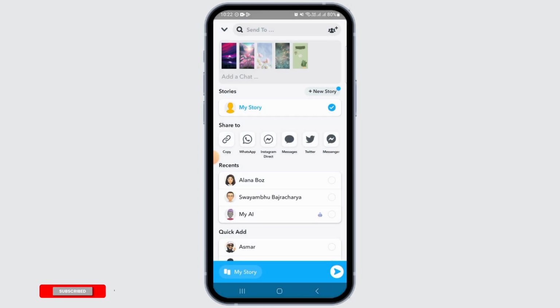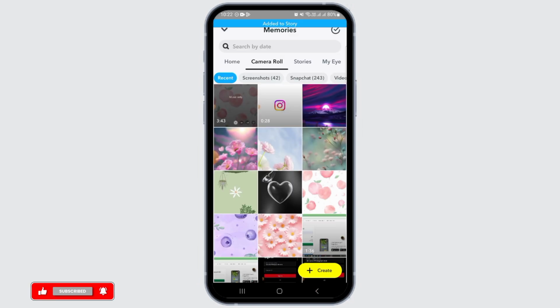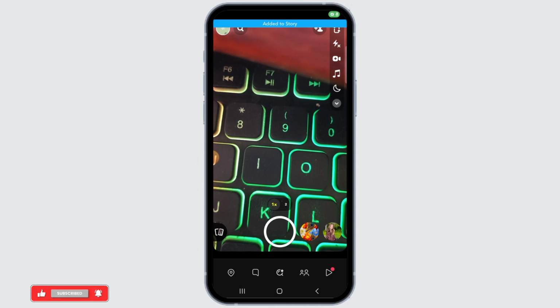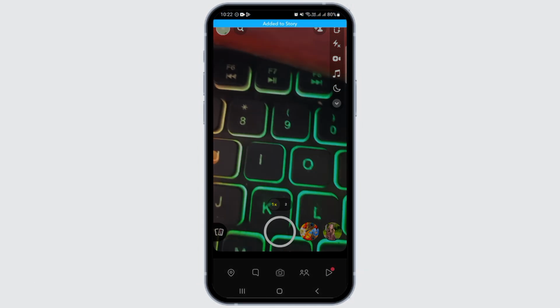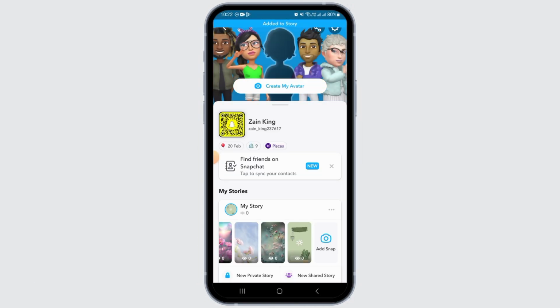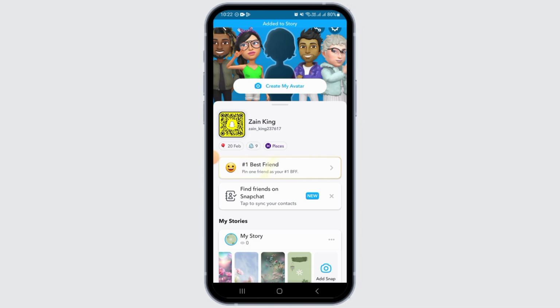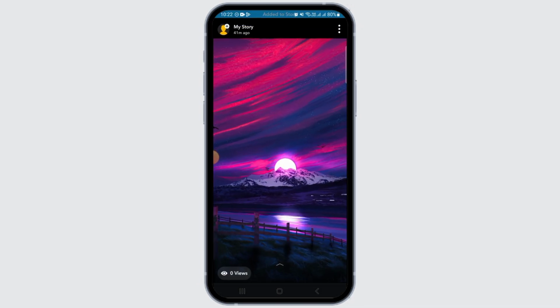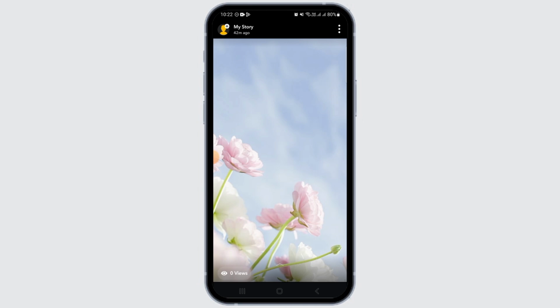Tap on the OK option now. Now you will have to wait for some time, and as you can see, it says Added to Story. So now you can tap on your profile icon at the top left corner of your screen. Then tap on the My Story option to view your story, and as you can see, all the multiple photos